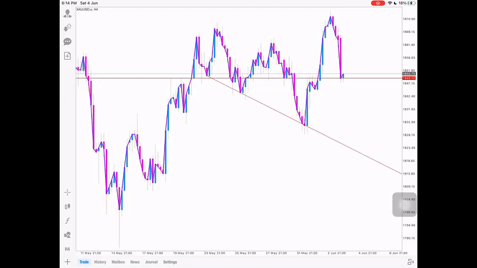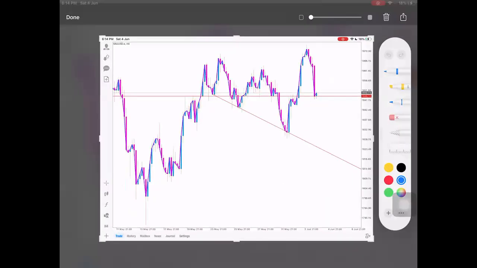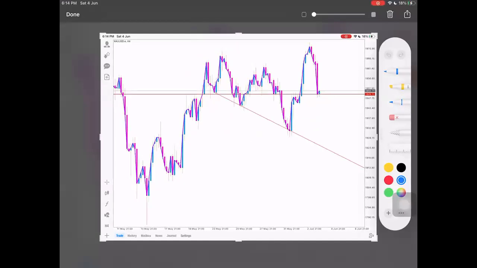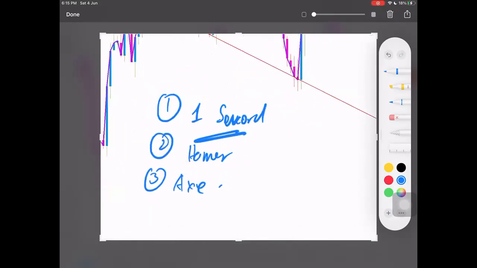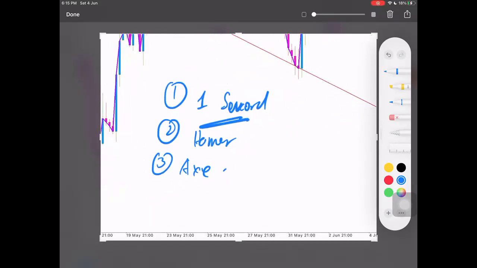Continue to backtest gold, because let me tell you one thing. This is a word of advice. If you train to use one weapon, just one, may it be a sword or a hammer or an axe, you're going to be very powerful at it. And they say a master of one is always better than a jack of all trades.